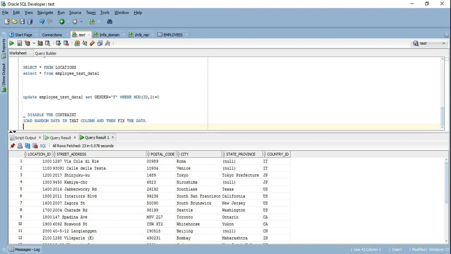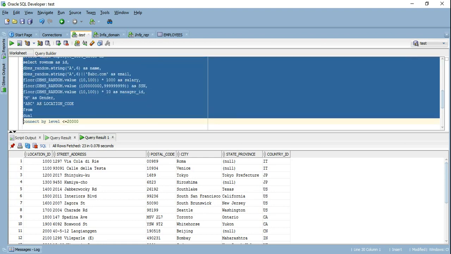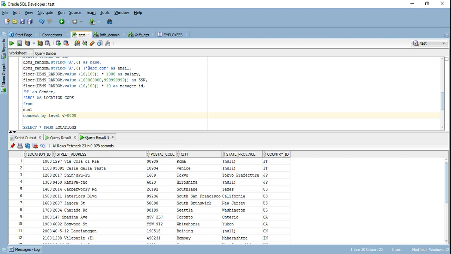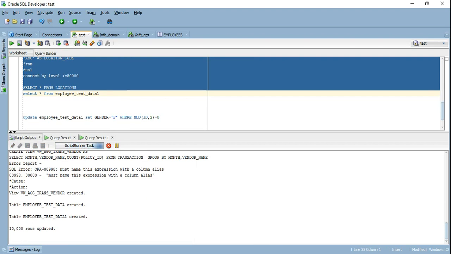What I'll do is I'll provide you guys a for loop in the description section and a WITH query, using which you can tackle that as well. But in case you want to generate simple test data, it's that easy, guys. I added another column, location code, here. Let's add 50,000 rows. So I generated 50,000 rows in less than 2 minutes. And my testers don't have to sit and waste their time now. They can just go ahead and create it.